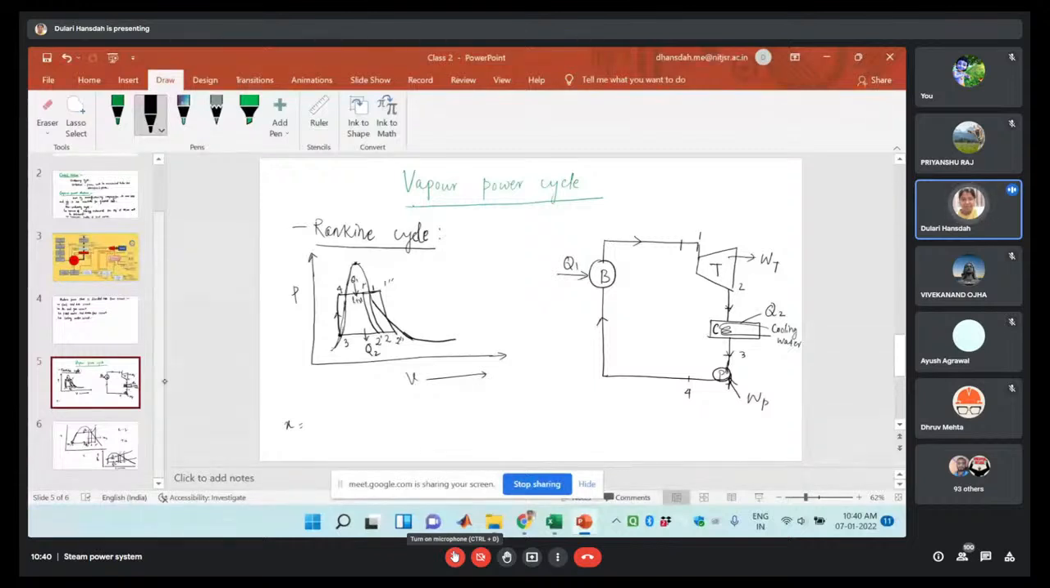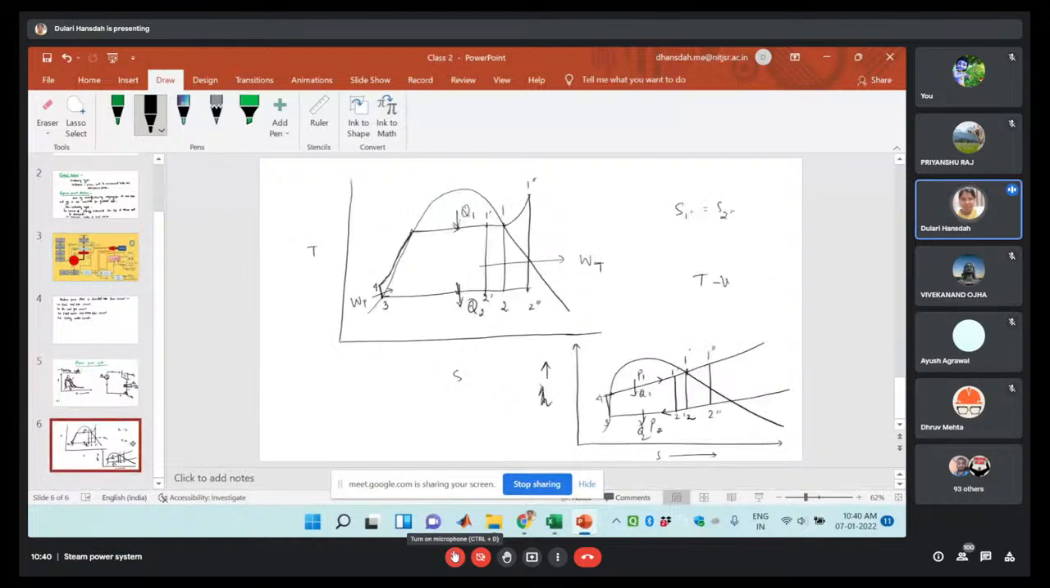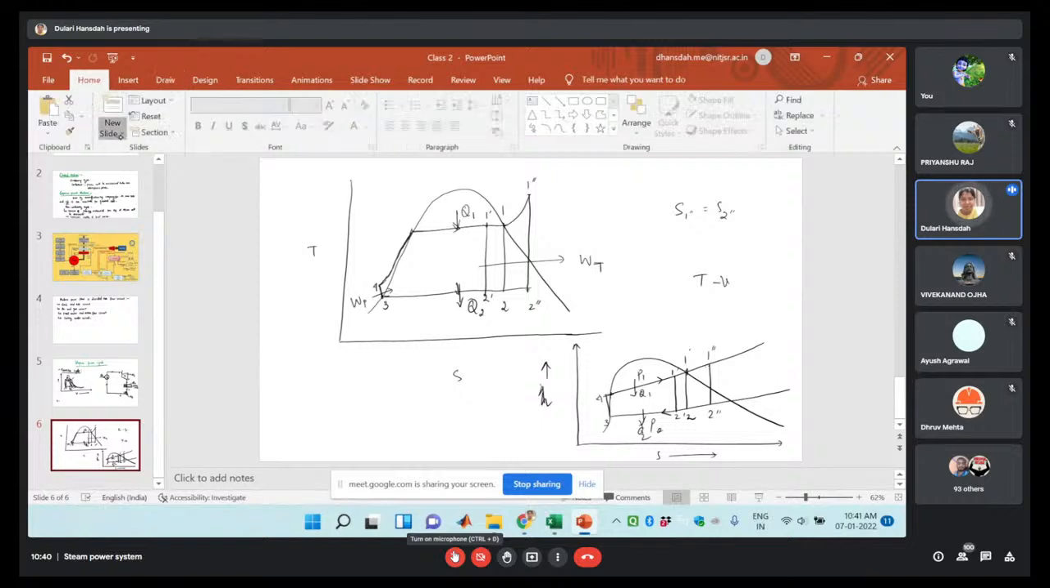theoretical cycle. So in this case, to get the energy from the individual component, that is from the turbine, the pump, the condenser, and the boiler, we were applying the steady flow energy equation. Then we were finding out what is the heat transfer and work transfer from that process, okay. So steady flow energy equation, if we are applying,